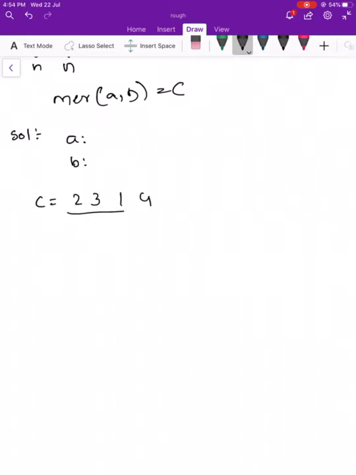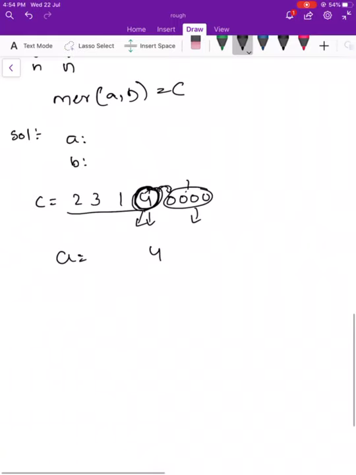The biggest number here is 4, so whatever elements come after it have to be in the same array as the one where 4 is present. Why so? Suppose 4 is present in A and some of the elements after it are present in B.